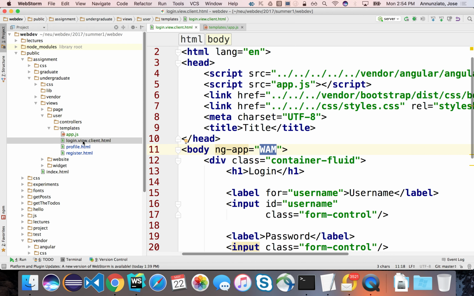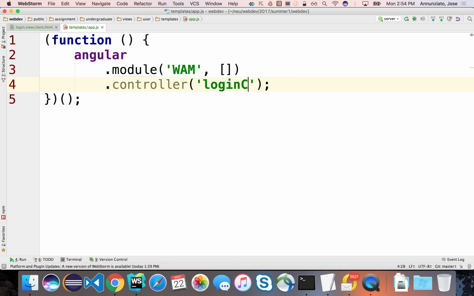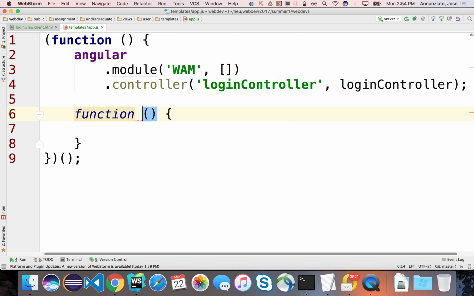Last week we toyed around with doing it right here in the app.js. This is what we did last week. We did it right here. We did dot controller, and in that dot controller, we declare our brand new controller. So this would be maybe LoginController implemented in a function of the same name, but preferably this would be in a separate file. Okay, let's do it this way for now, and then I can show you how to move it to its own file. So there is LoginController,